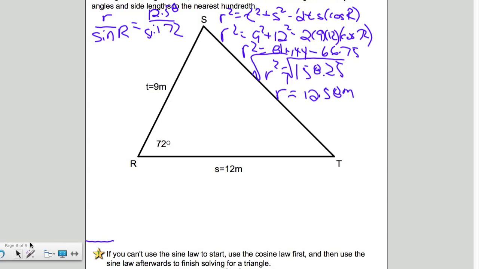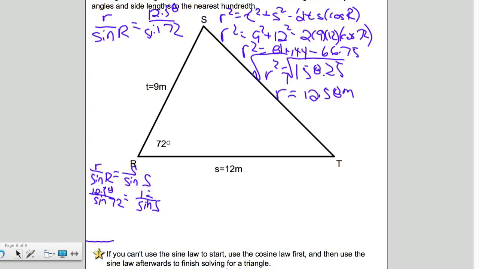So we got R over sine of R, so you put an S over sine of S. So we got 12.58 over sine of 72. So here we know side S, which is 12, but we don't know sine of S. Okay? So why do we flip it? So you can flip it, but